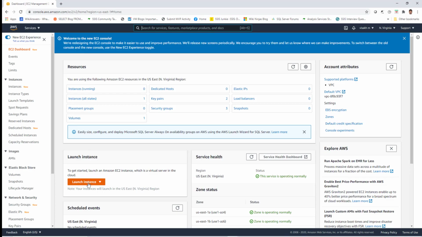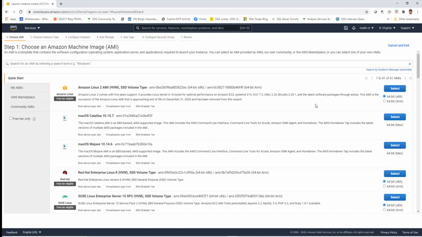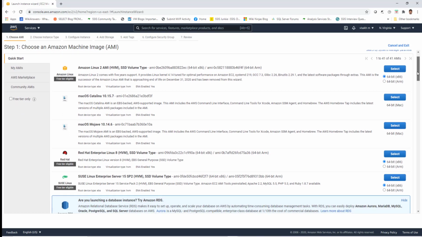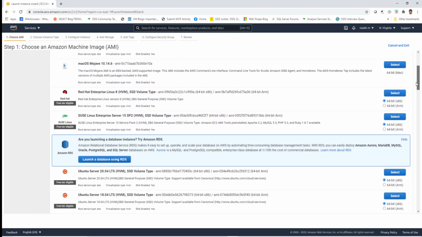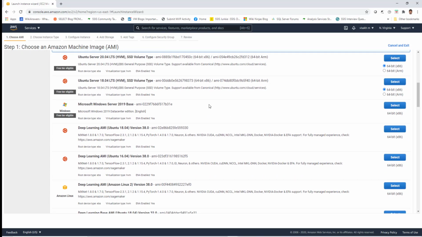You can click on the launch instance and you will be provided with the various options for creating the instance. You need to choose a Windows server which comes in the free tier so that it doesn't incur any charges on you. So you can select one of those options. So I'm going to select Microsoft Windows Server 2019 base, which is a part of the free tier. So you can click on select,